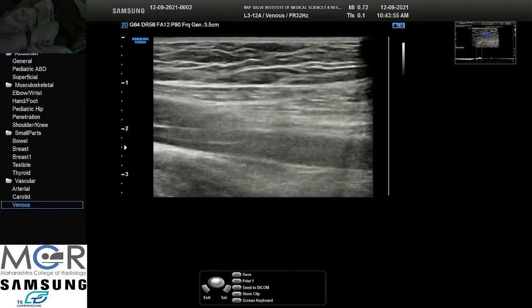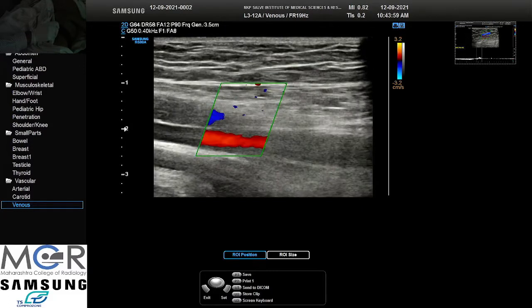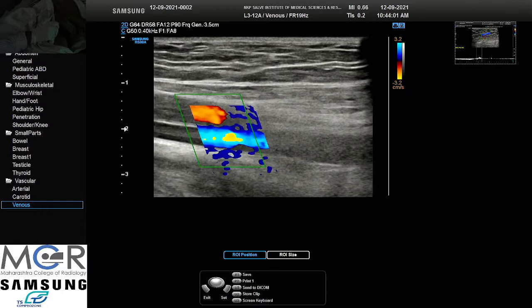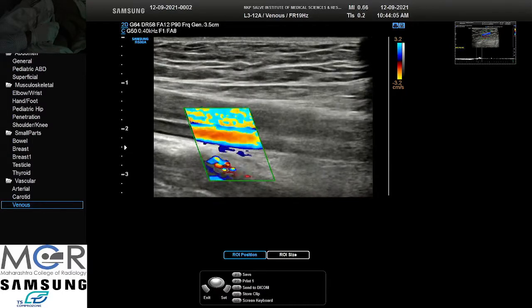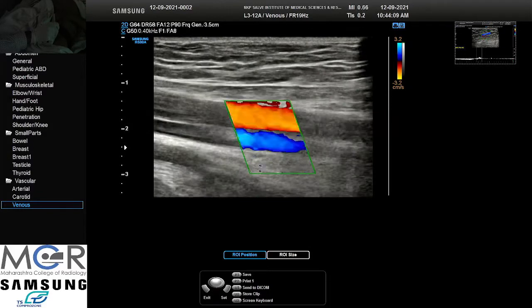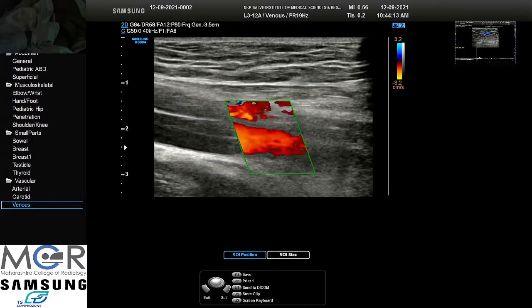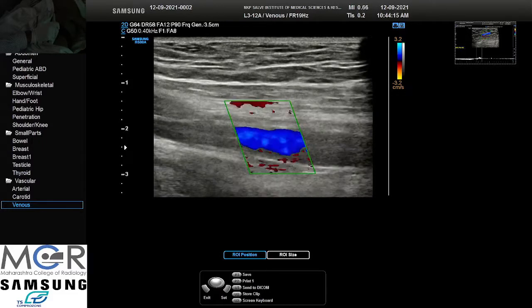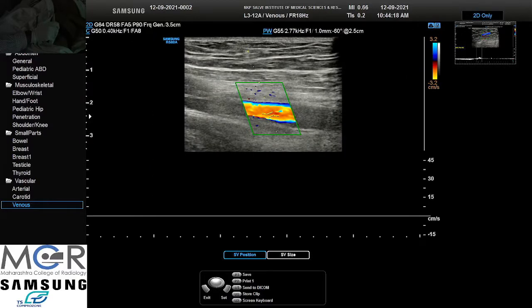Okay, deep vein evaluation, steer to the other side, that is SFV, SFA. So what you see here is deep venous reflux.